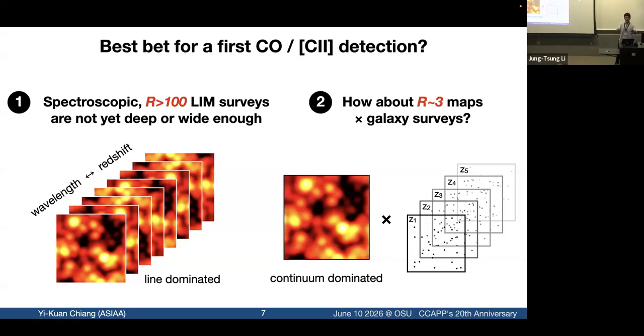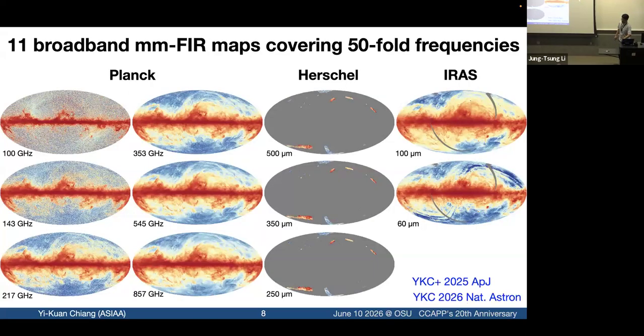So we do have low resolution broadband data over the entire sky, for example, from Planck, very deep, lots of photons there. What's lacking is redshift information. This kind of broadband map will be continuum dominated. But if I do cross-correlation aggressively, tomographically as a function of redshift, I can try to recover spectral information by doing this synergy. So with that, I took all the wide field intensity maps from the community.